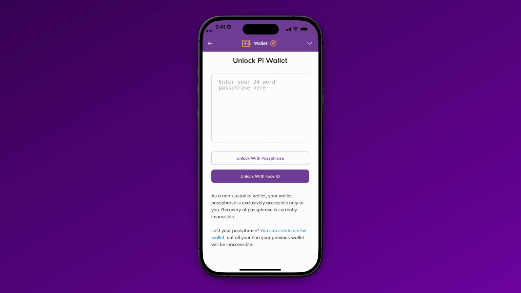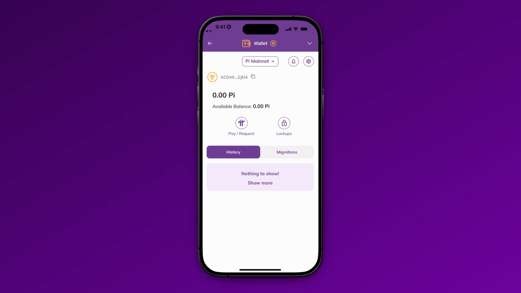And in here, I'm going to paste in my passphrase, and then I'm going to unlock this. So I will see you on the other side. After you have entered your passphrase, you will see your mainnet, and at the top you can see a wallet address as well. So in order to migrate tokens to your mainnet, you're going to click on this copy to clipboard icon in here. As you can see, we have it copied,